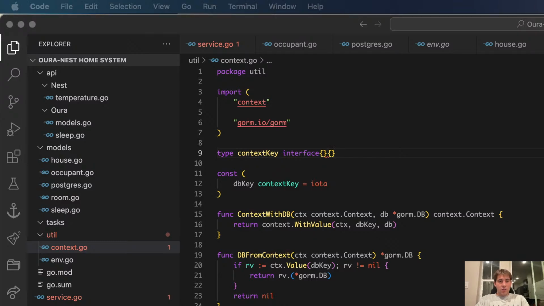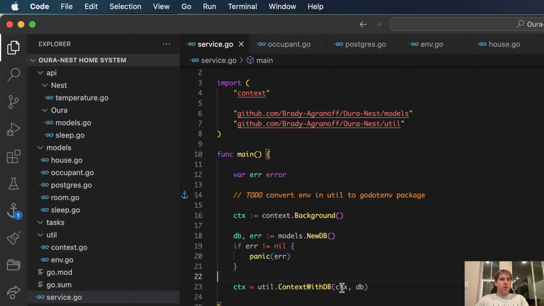Let's see what we did here. It's an int. I don't know why I did an interface. I thought that was odd. Okay, that's fine. Undeclared name util. Okay. That's fine.